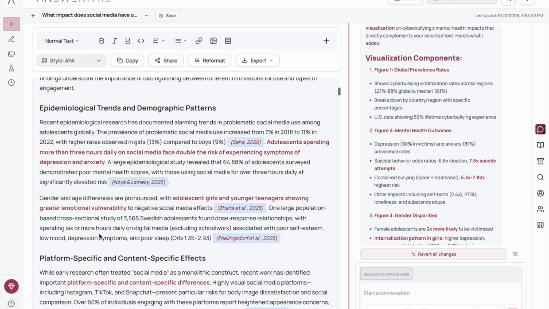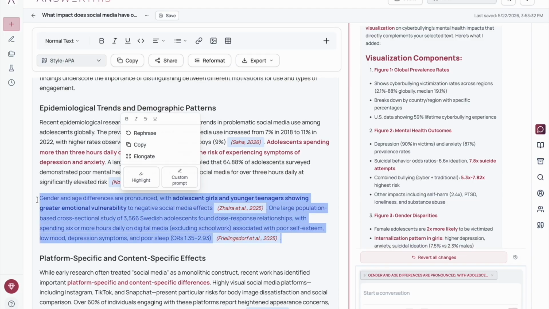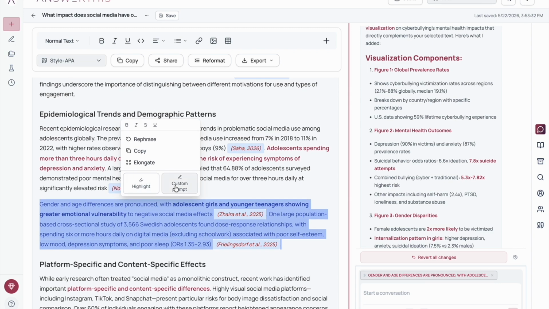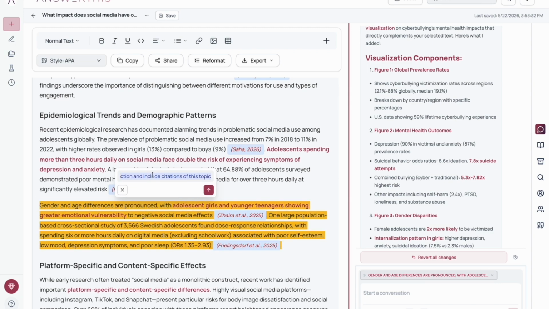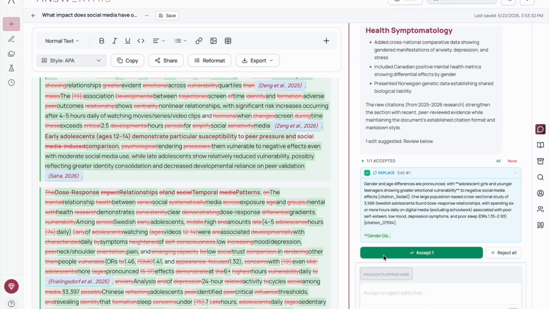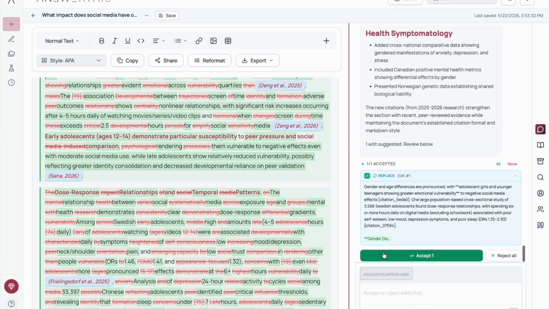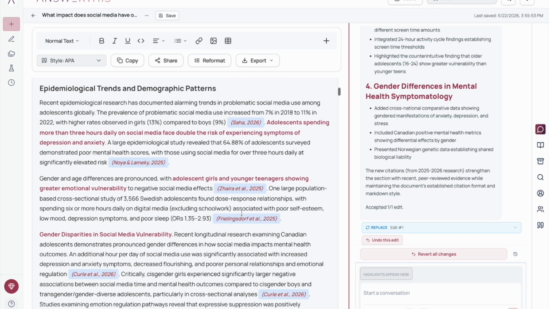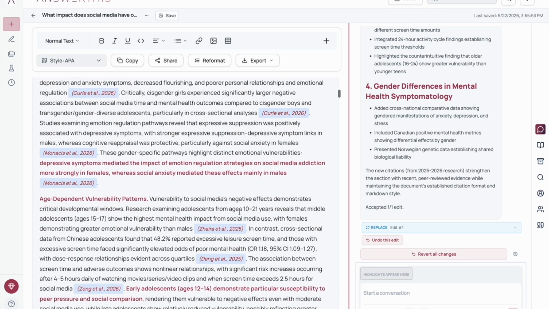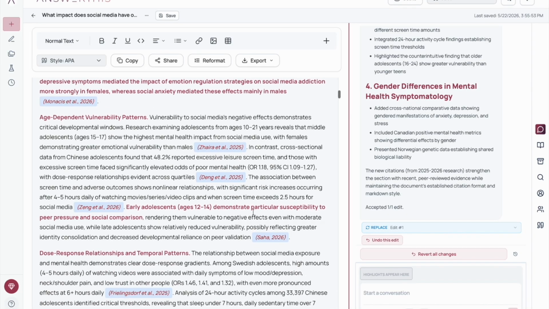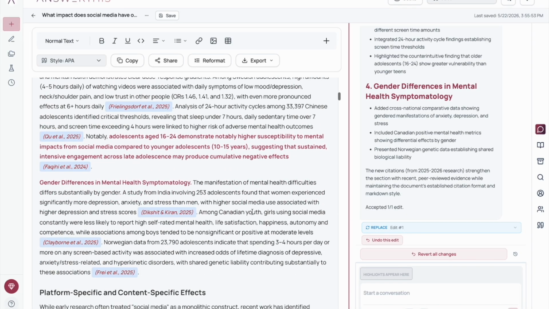For an example, let's say I wanted to add more substance into this particular section. All I would need to do is highlight the particular section, click on Custom Prompts, and paste the following. Add additional details to this section and include citations of this topic, and press Enter. From here, I'm going to click on Accept, and as you can see, it has added additional details to it, as well as created additional citations